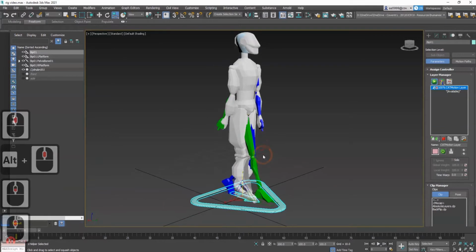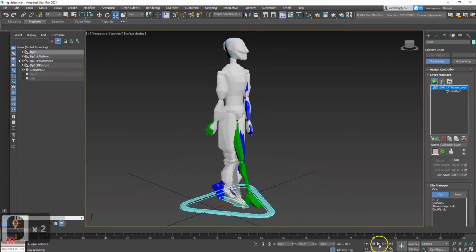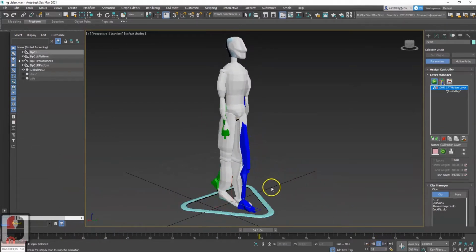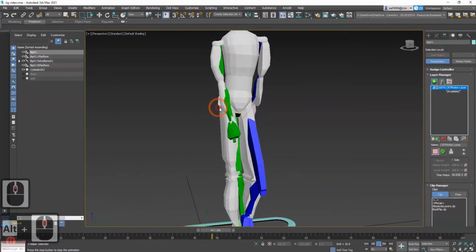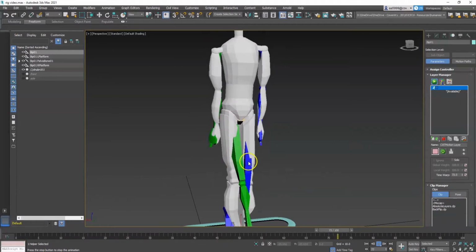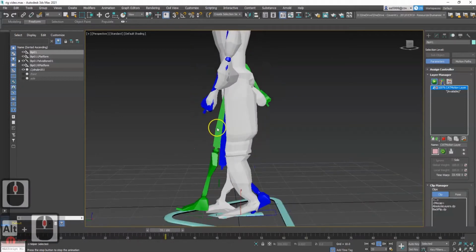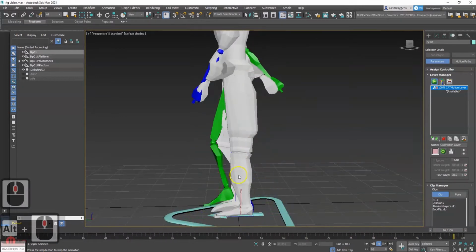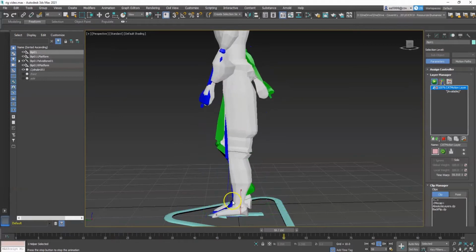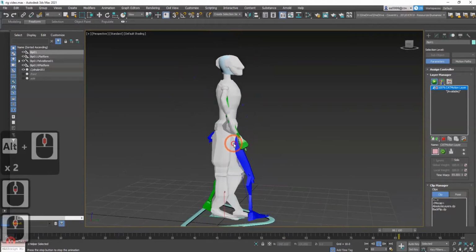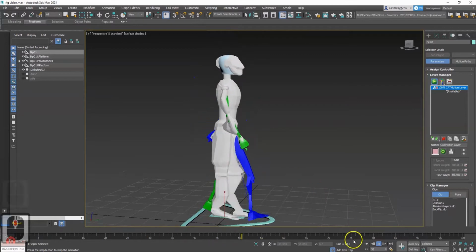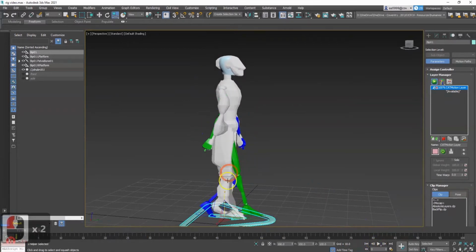And if we were to come down here and actually play our animation, we can see that this walk cycle is already done, it's already preset, and we can see all kinds of issues happening with the mesh being pulled left, right and center, being torn, some bits not moving, some bits crushing, and quite frankly, if this was a real human being, they would probably be in A&E right now. So, as I said,